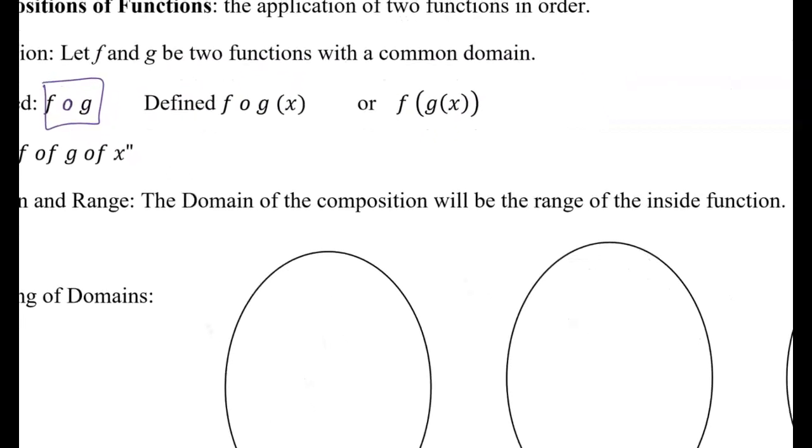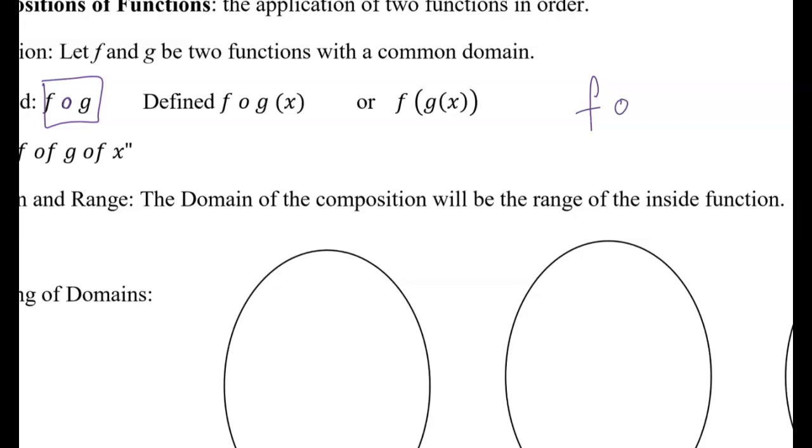Now, if I was to write this myself, normally you would write the circle smaller than the f and the g. And you read this as f of g. Now, if after that notation they do not have anything, it's blank, it means you can assume that your initial input, the input you're putting in first, is x. And the parentheses with a number or a variable inside is your initial input. It is what you're inputting into your first function, which is